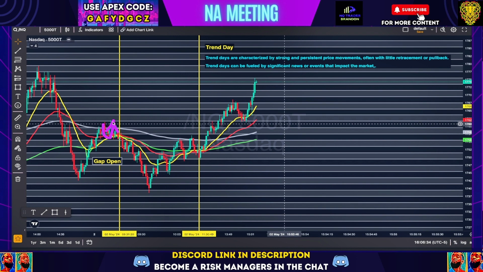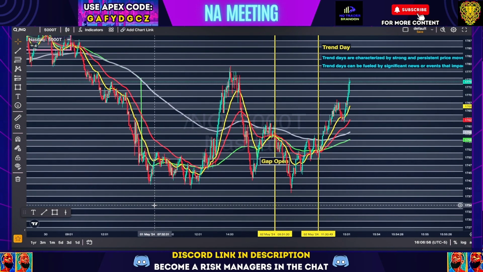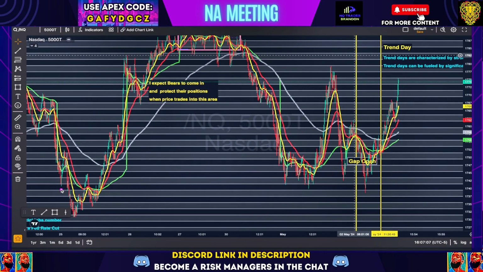After the bulls failed to take price higher, the bears came in and they took price down, sweeping this low and actually trading into a previous area of resistance. Let me show you that now. As you can see, price tapped into this previous area of support, and from this area, we got this massive